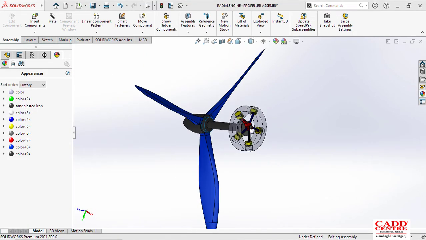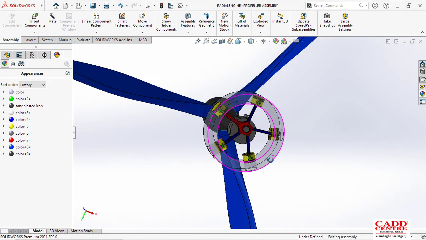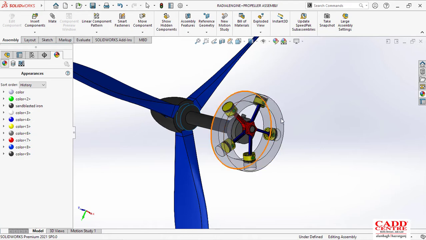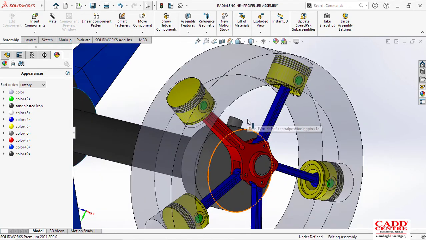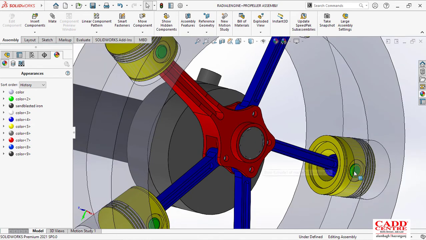In our previous session we modeled the casing for our radial engine and the center positioning pin, as well as small components like the piston pin, piston ring, and the bush.